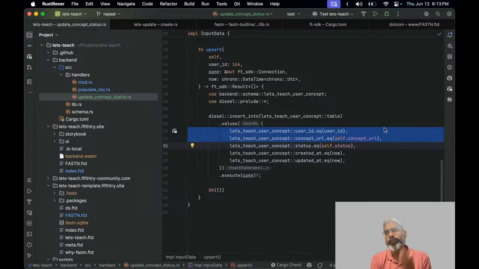So either you know it or you don't know it. We don't want to keep track of a history of the status. That's a brilliant thing to keep track of, but that is why we have the event table, so that we can track the history of stuff. So anyways,